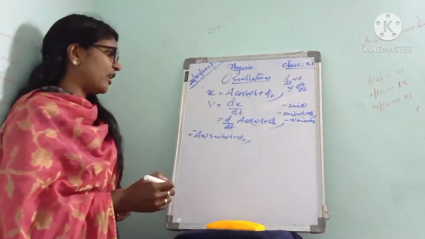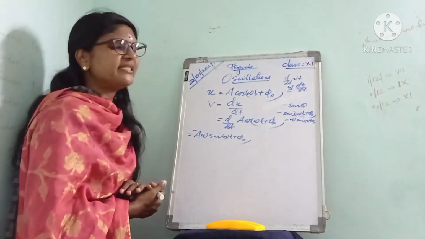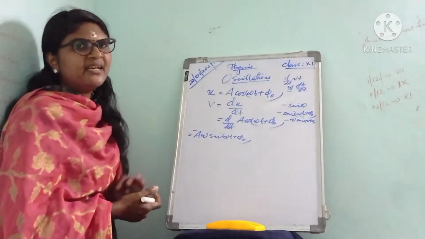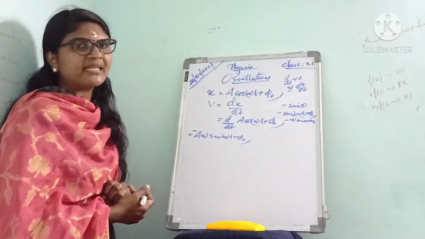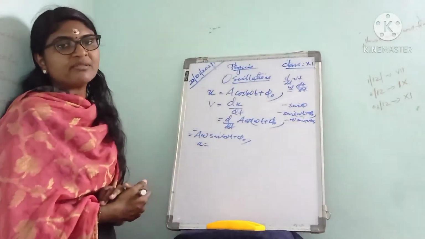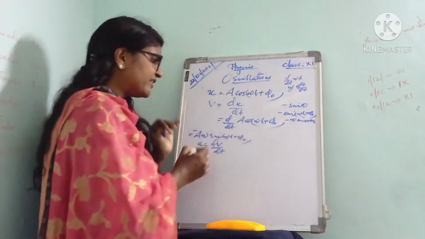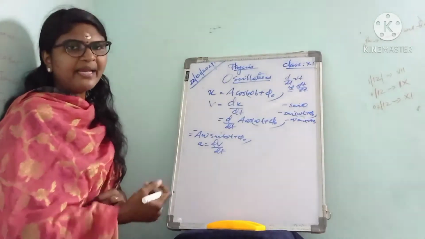That is velocity v: minus A omega sin(omega t plus phi 0). And so we got the velocity. From the velocity, we can calculate acceleration. How can we calculate acceleration? Acceleration is the rate of change of velocity, that is dv by dt. So acceleration a can be represented as dv by dt.